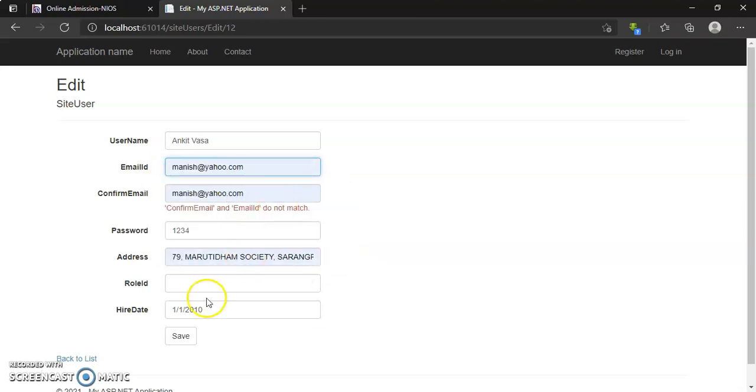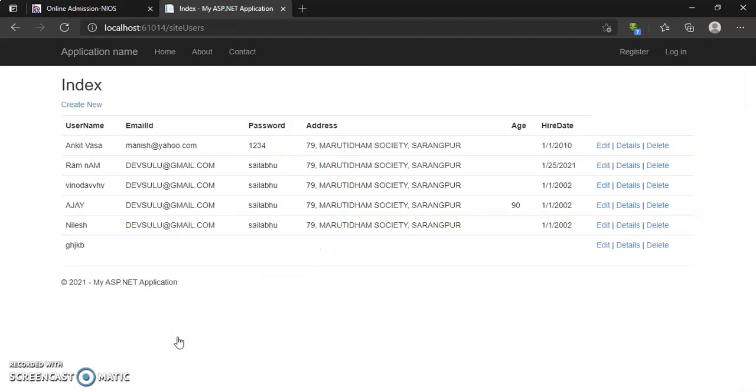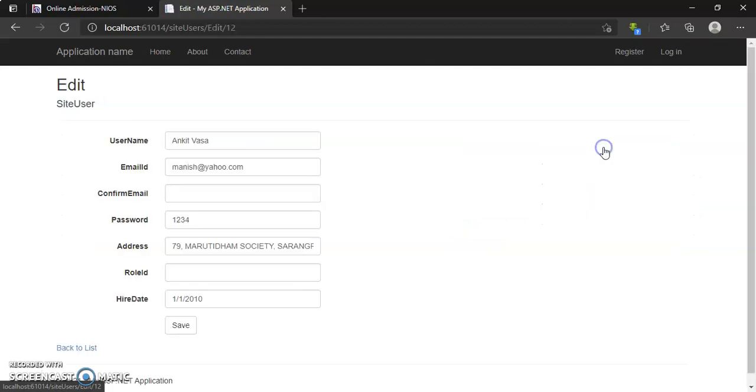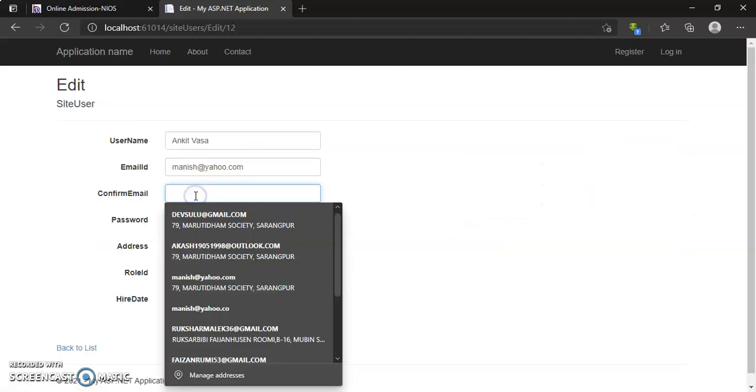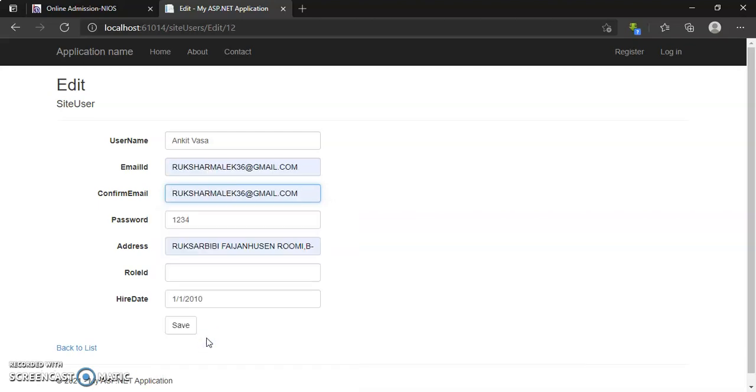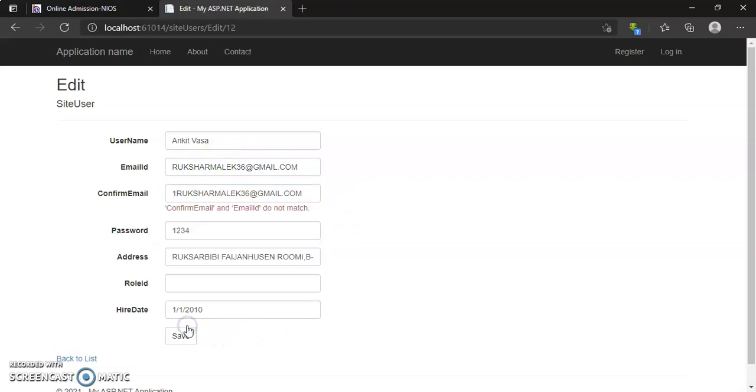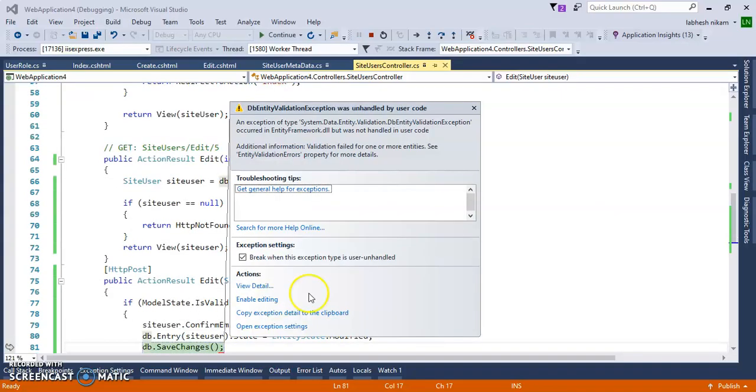Now when I save it, it saves. If I put another email ID in place of this, suppose this one, so both are not similar, then it will give us an error. But if they are similar, then it will save or update the data.